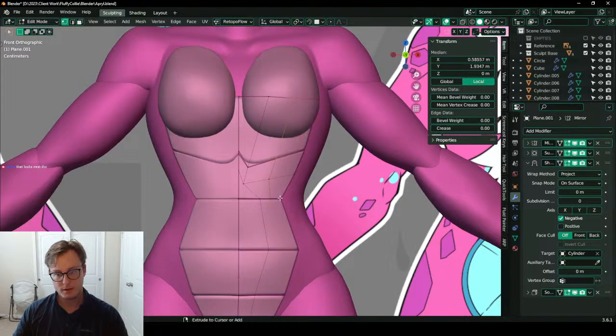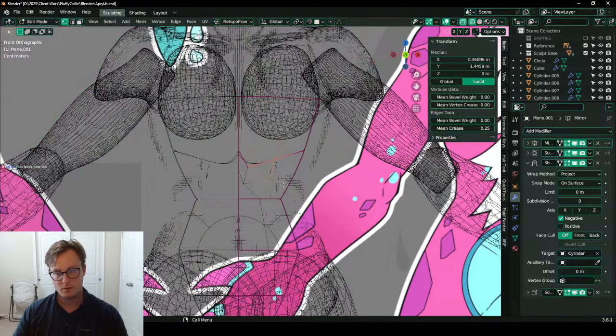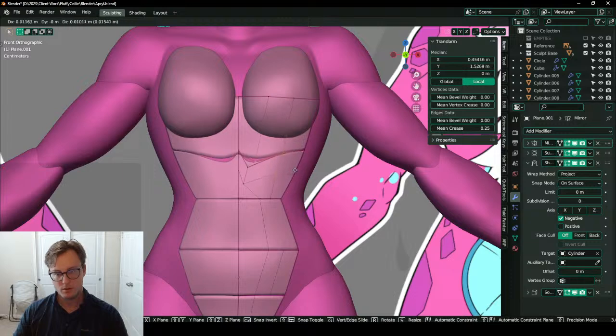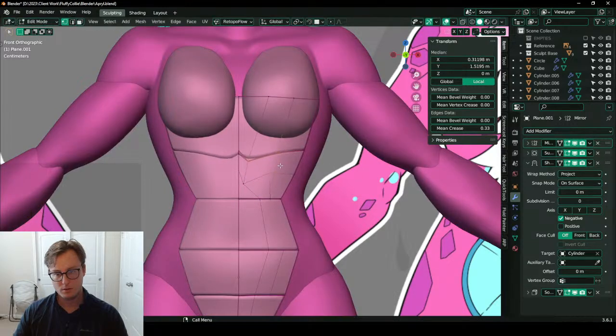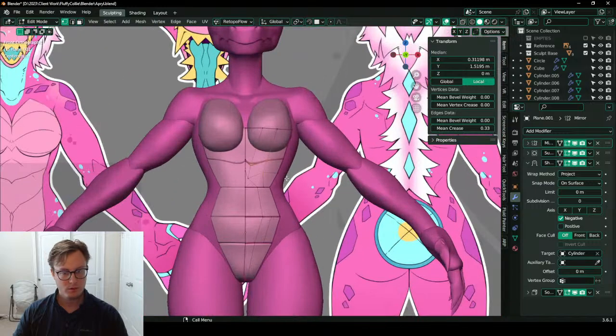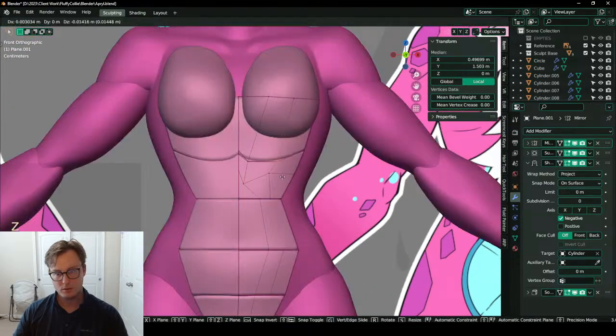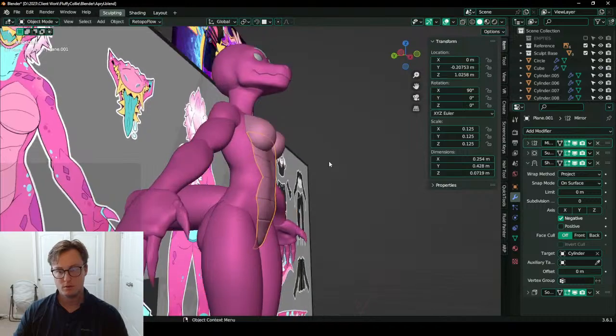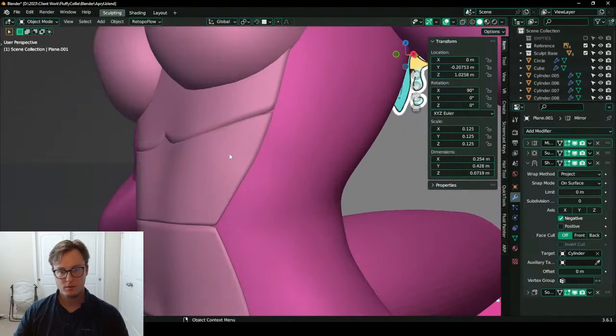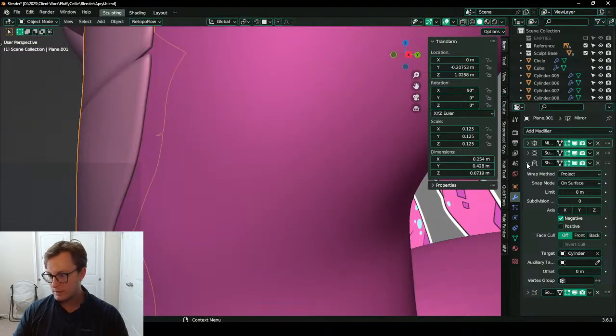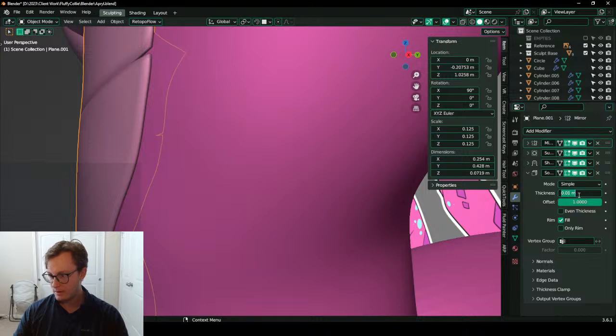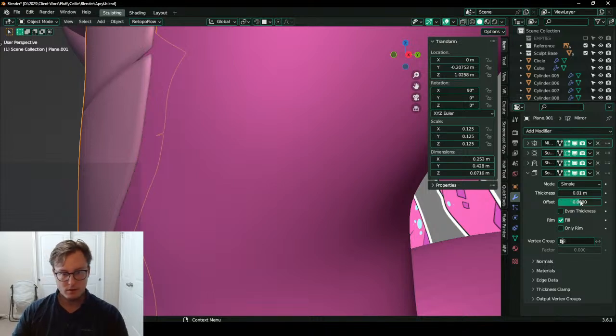Of course I won't cut there because I have to do one for each segment. That's pretty cool. Let's actually push the solidify in and give it just a little bit more.